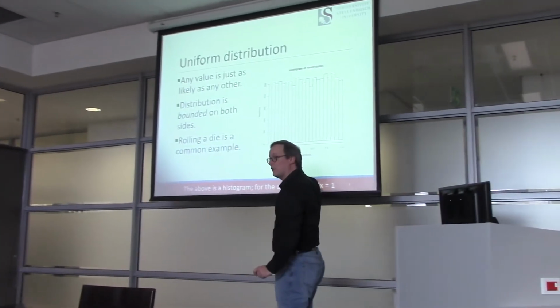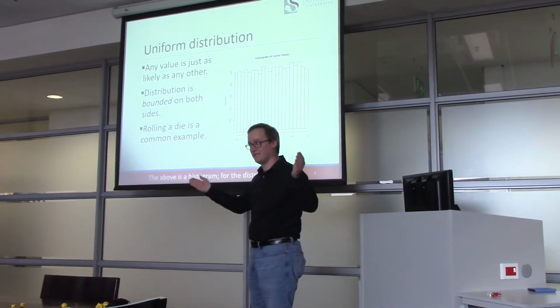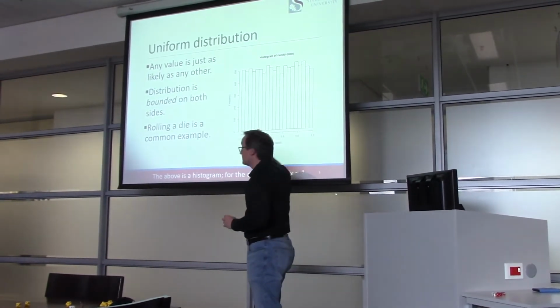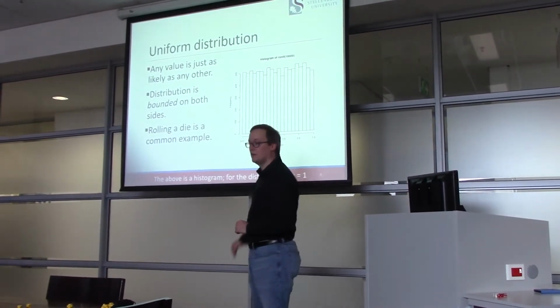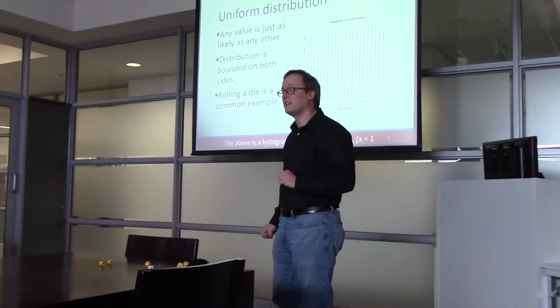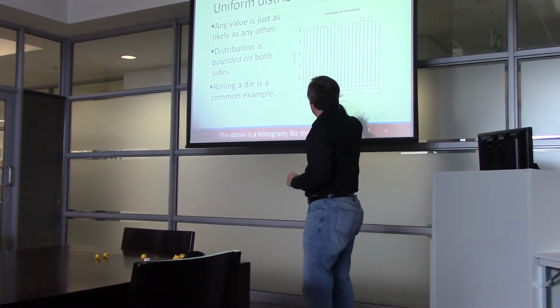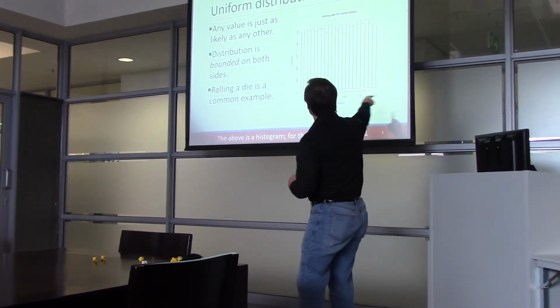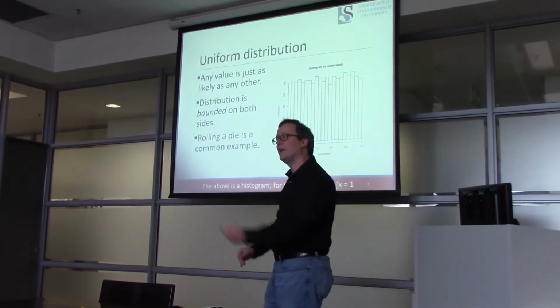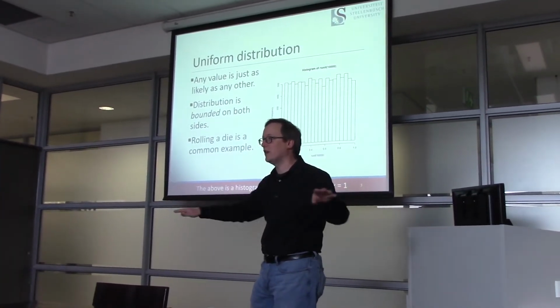How many possible outcomes are there on a uniform distribution? Infinite. This is a continuous distribution of values. And here I've sampled from 10,000 values and plotted a histogram. Okay? So this is a uniform distribution. Any outcome is just as equally likely as any other. If you have enough samples off of it, you see this nice smooth distribution where any outcome is just as